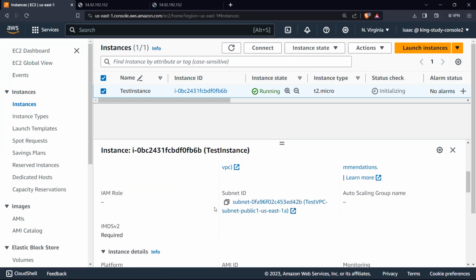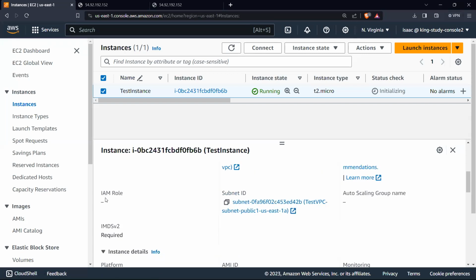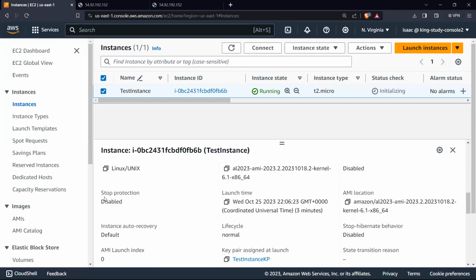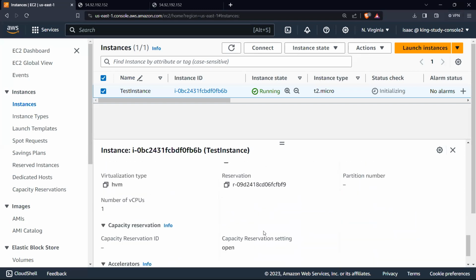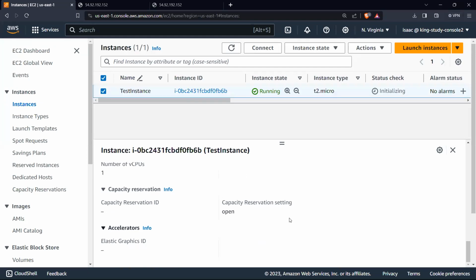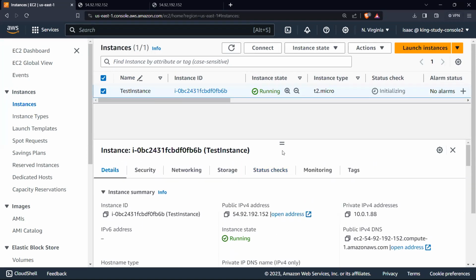The subnet that this EC2 instance is spun up in is the public subnet. We don't have an IAM role attached to it currently. And some other details, so the key pair here. These are some other details that you can read about your